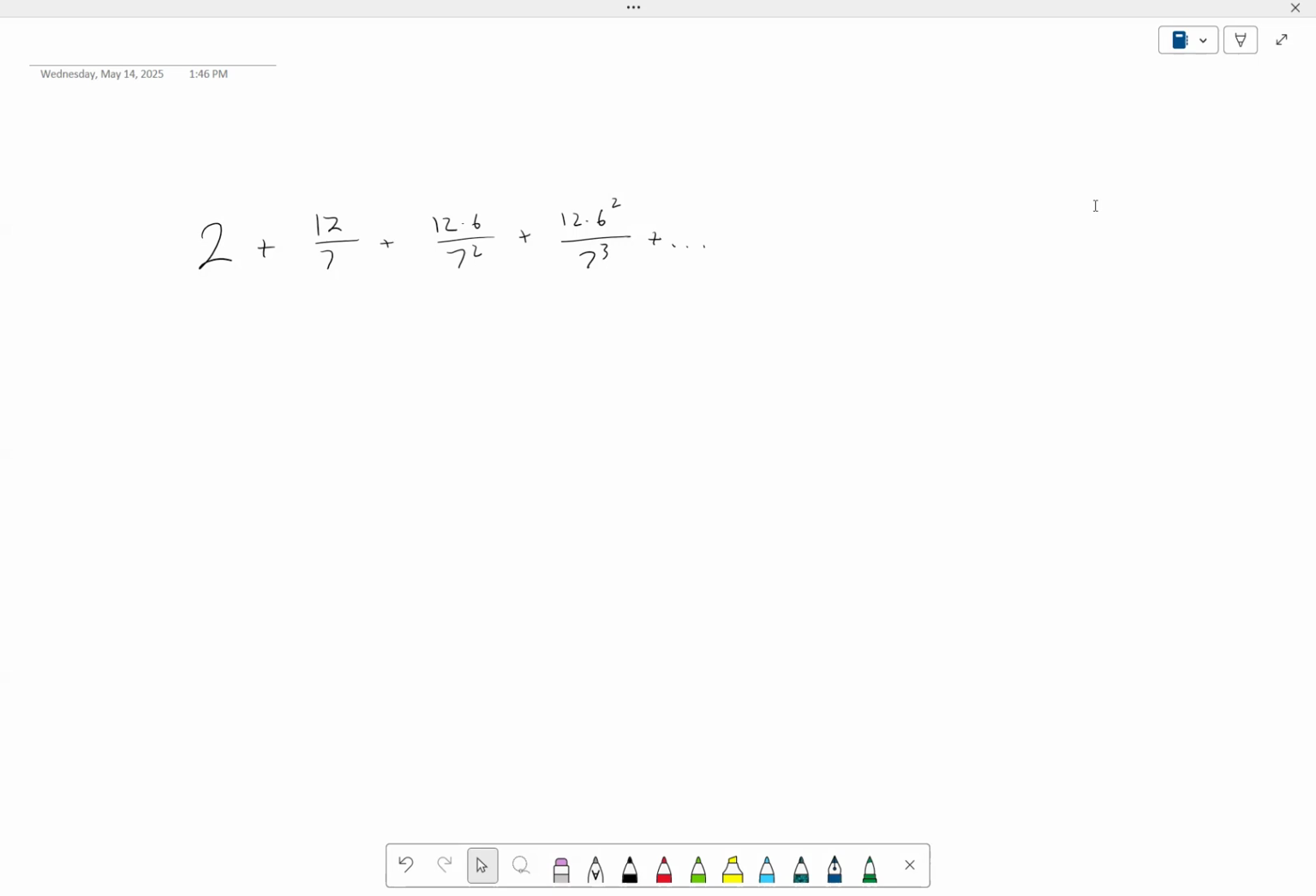Yes, Ria? Oh, yeah, okay. What do you recognize here? It's geometric, right? Is that the one? Okay. Is it geometric? Okay, we're multiplying every time by 6 sevenths and A1 is 2, so you do 2 over 1 minus 6 sevenths, which is